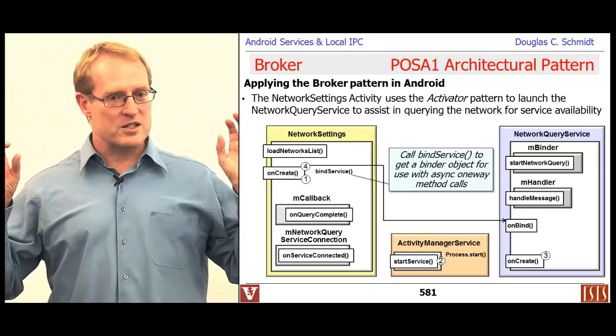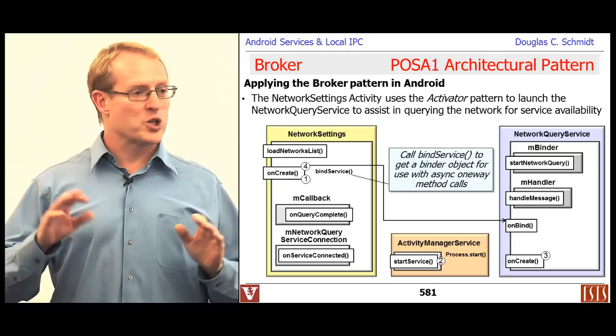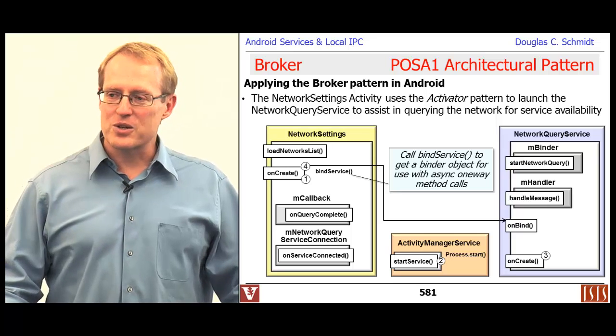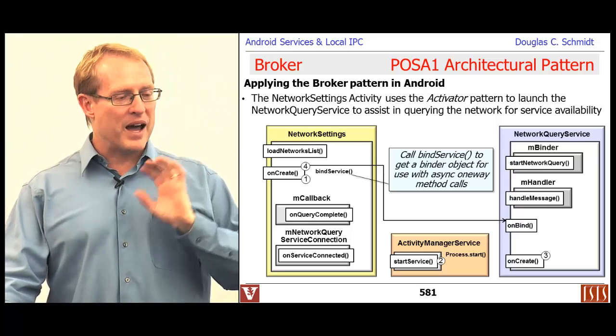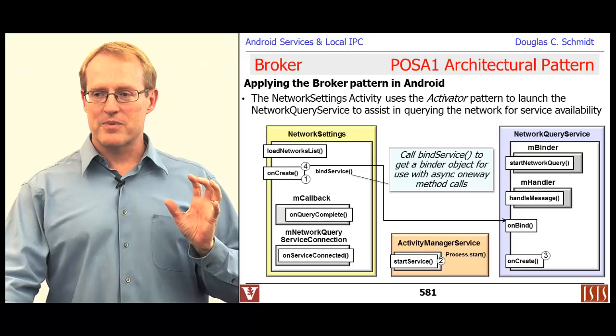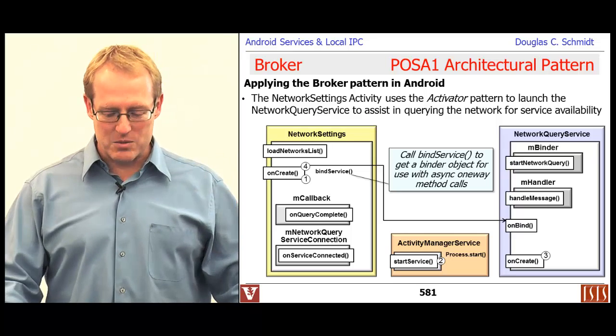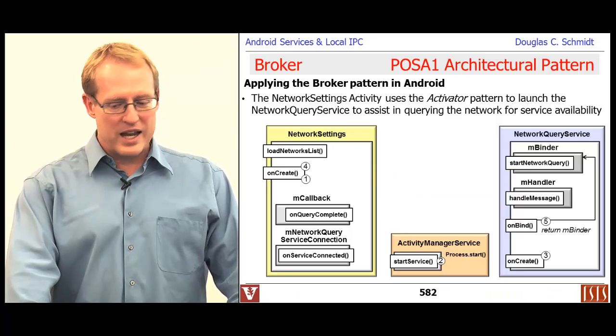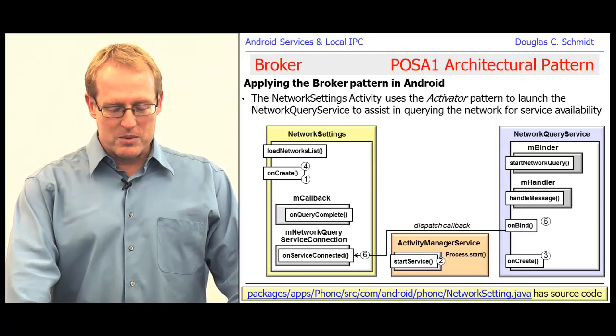So start service causes it to be launched, and because it was started, it won't shut itself down automatically. But they wanted to be able to make AIDL calls to it, so they used bind service in order to get back the appropriate binder mechanism. There are some other things they could have done, but that was the most straightforward way to do it. So that calls the onBind method, which grabs the binder and returns it back by the